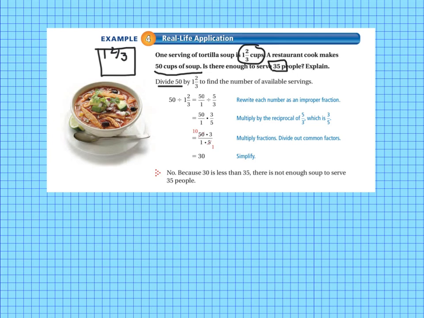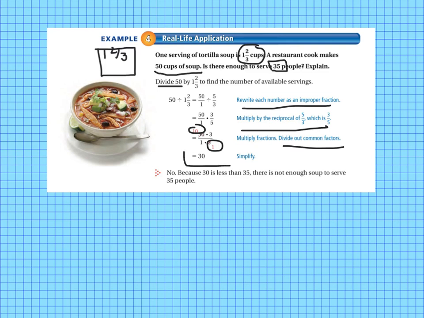So 50 divided by 1 2/3 equals 50 over 1 divided by 5/3. So 3 times 1 is 3 plus 2 is 5. So we rewrote everything as an improper fraction, and then we're going to multiply by the reciprocal. So we look for our common factors. 5 goes into itself once, 5 goes into 50 10 times, and 10 times 3 is 30, 1 times 1